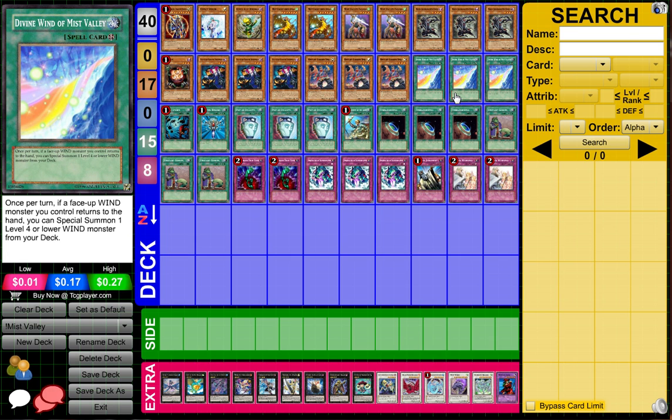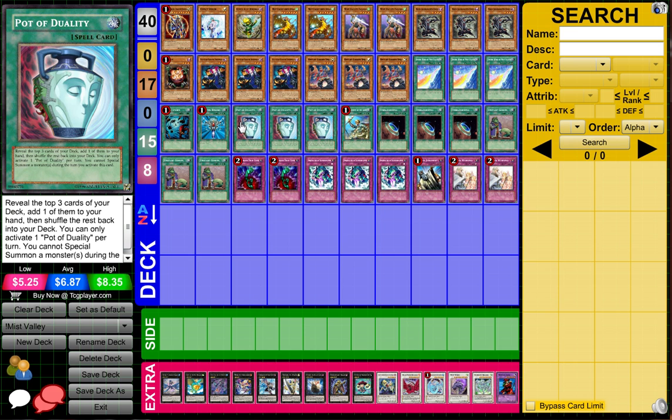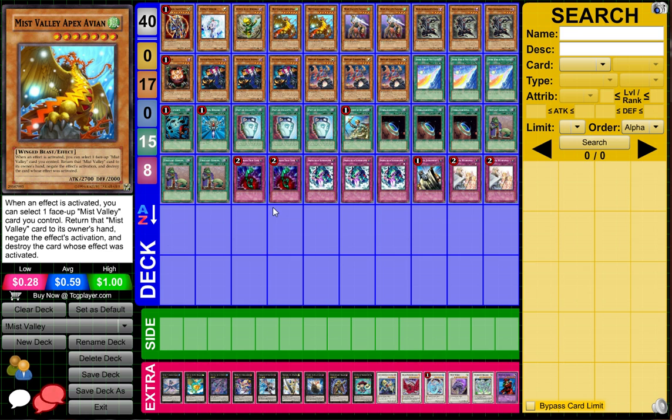Next up, we're playing 3 of the field spells, Heavy, MST. You'll notice there's no Dark Hole, just because I really wanted to protect this card over here. You could probably take out a Bottomless or maybe an Upstart if you wish to run Dark Hole. I mean, Dark Hole is a great card, but it just comes down to you have to protect this card,